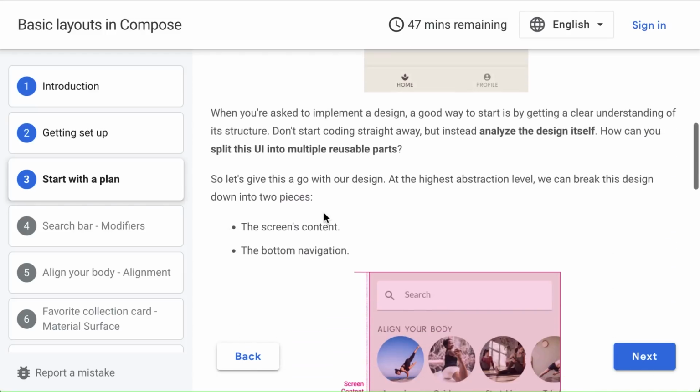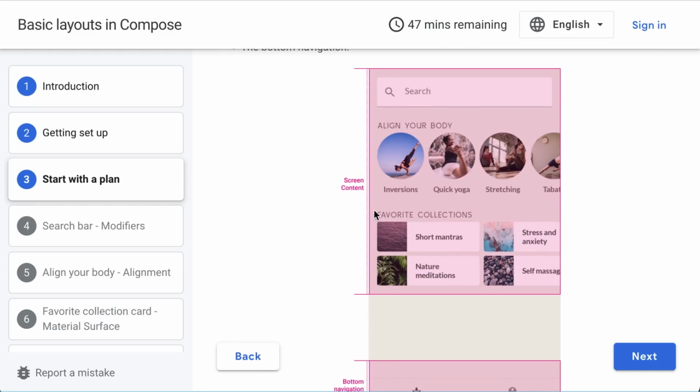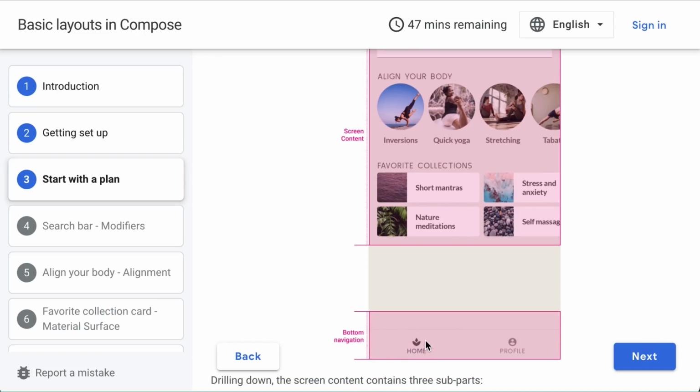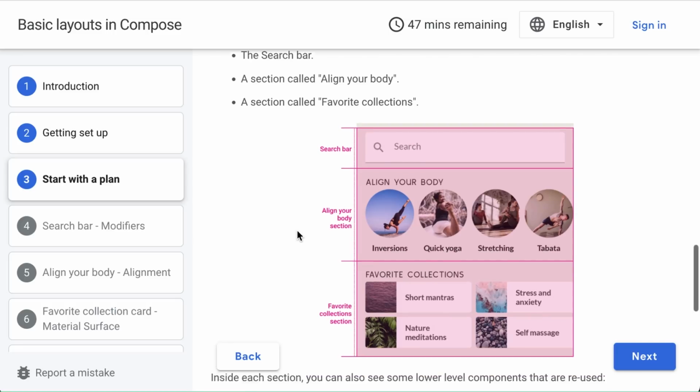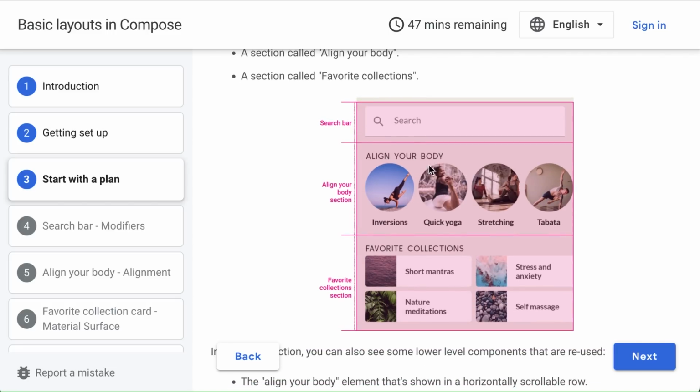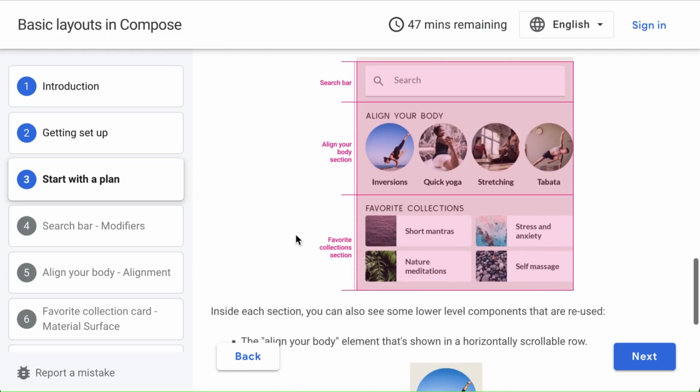In this case, on our highest level, we can talk about a screen content, which contains all the content that we're showing, and then next to that, there's a bottom navigation as well. The screen content itself can be further divided up into a search bar, a section that we call Align Your Body, and another section that we call Favorite Collections. Within these sections, we also see some other reusable components.